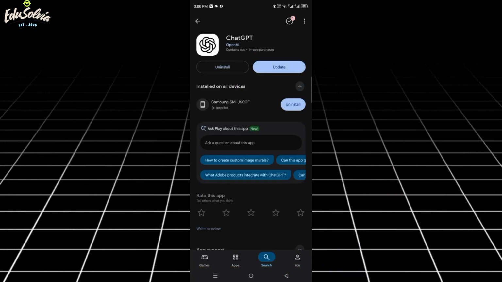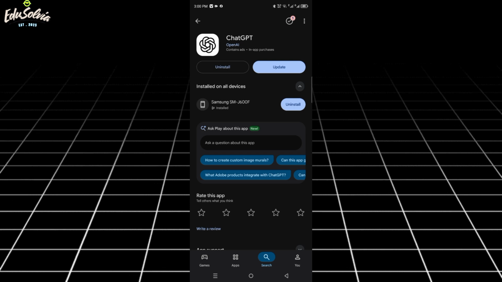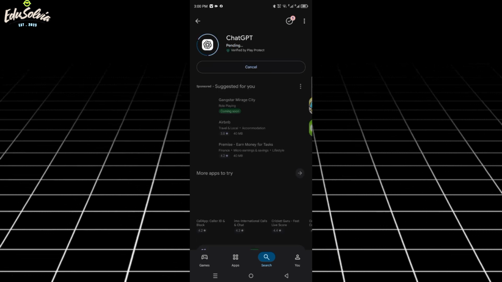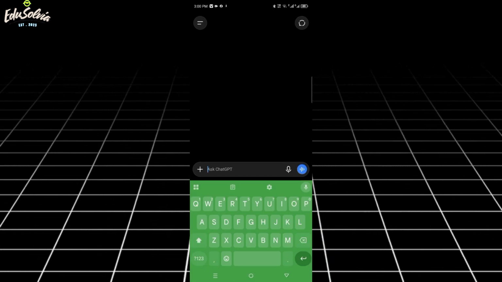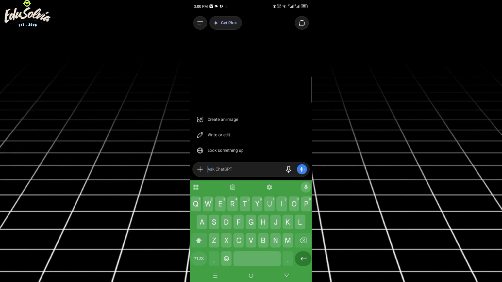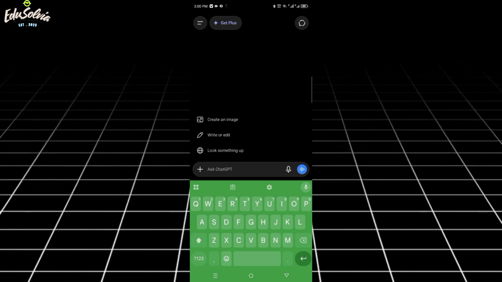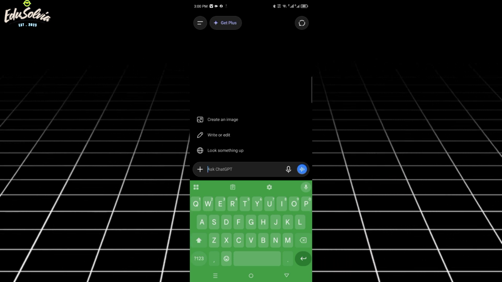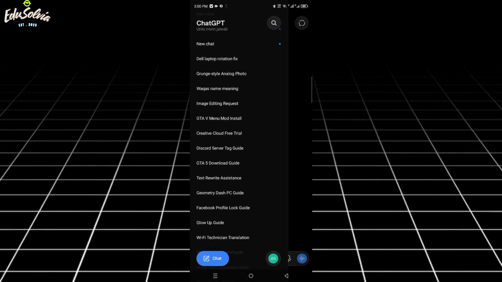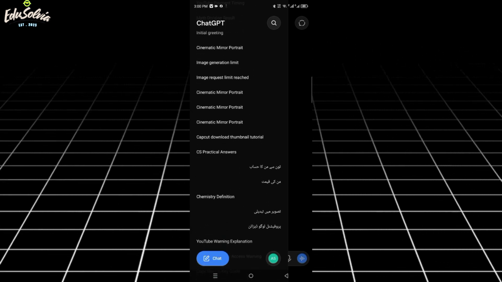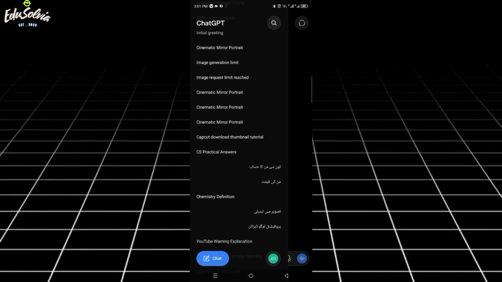That should resolve it. However, if you're still facing the issue even after updating, then it's likely due to a bug or glitch in ChatGPT itself. Many users are currently experiencing login issues because of this technical error. In that case, the best thing you can do is wait for some time and try again later. The issue will be fixed automatically once the server or